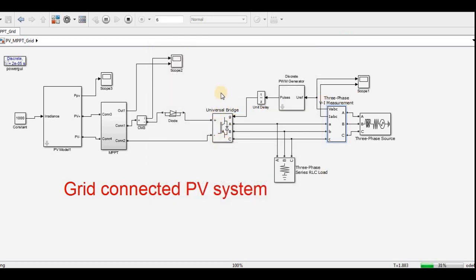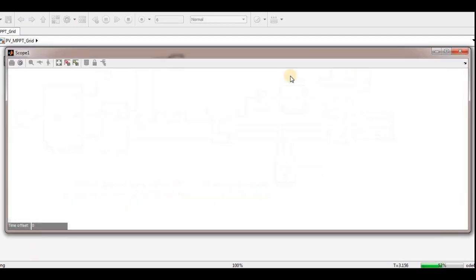But here due to the PWM, my voltage will not be sinusoidal, because I am not using any filter. So if my DC link voltage is 600 volts, whenever the switch is on, the output voltage of the inverter will come to 600. Due to the PWM, it goes 600 to 0, again 600 to 0, like steps. So this you can see